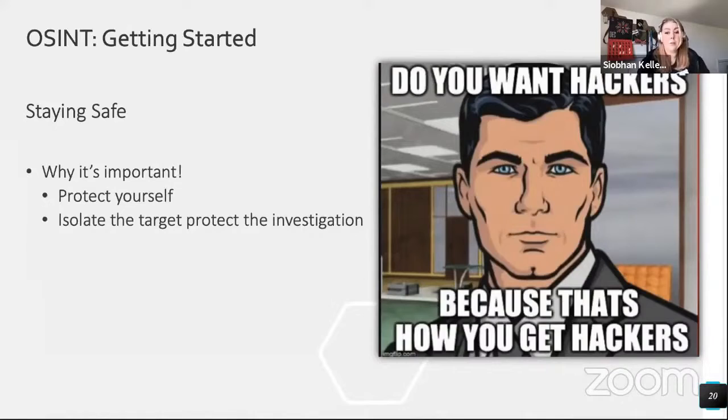In the case of the malicious email, I already know that this person is unstable and I do not want them coming after me and my family. And additionally, we don't want to taint any of the investigation. We don't want Google using our algorithms and our searches. We don't want our social media stuff messing with what we're looking at. Generally, as a good rule, I like to think of it as a crime scene, and you wouldn't walk through the middle of a physical crime scene, so don't walk through the middle of a digital investigation.